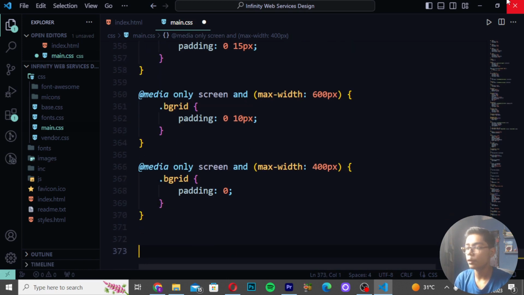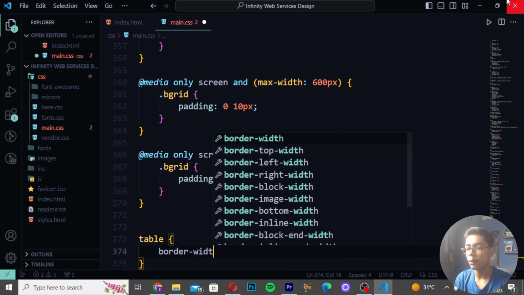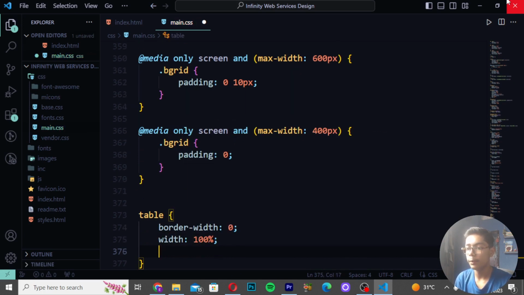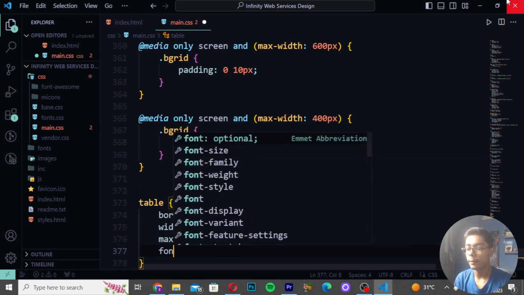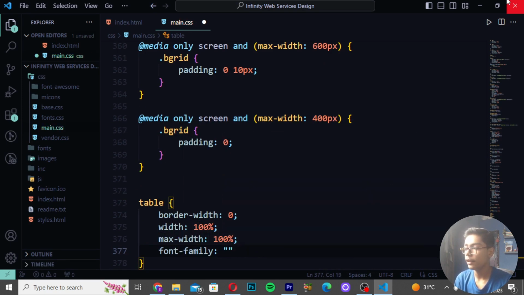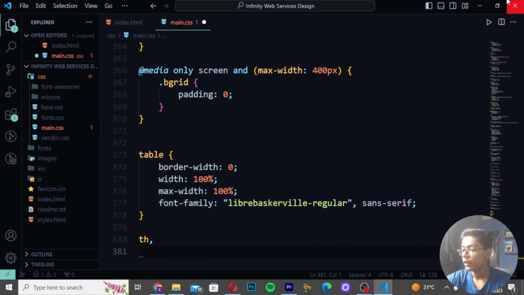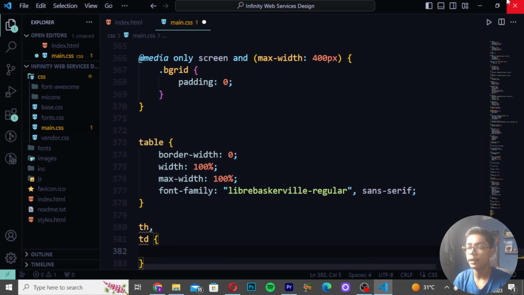Now here you have to move down and then create table, which is a simple tag, and here I will be writing the border-width as 0, then create width normally 100%. Then write here max-width as well, which will be 100%. Write here font-family, and here I will be writing Libre Baskerville, regular, and you have to write comma sans-serif. Now you have to write th, comma. Then here you have to use the td as well,